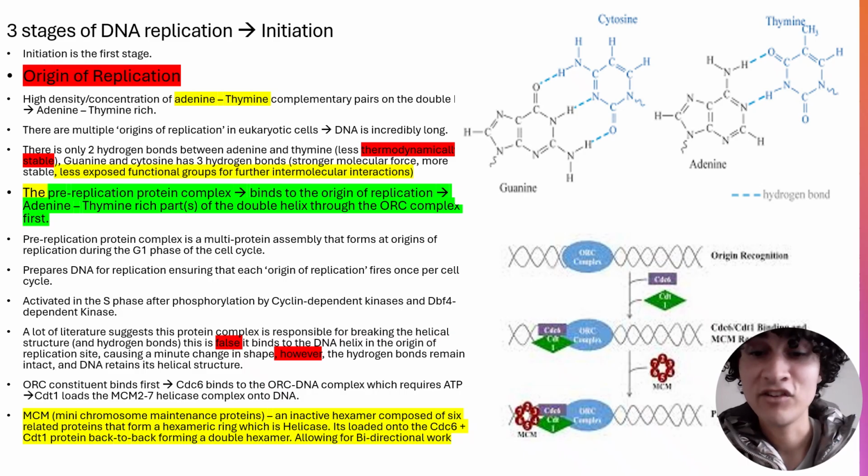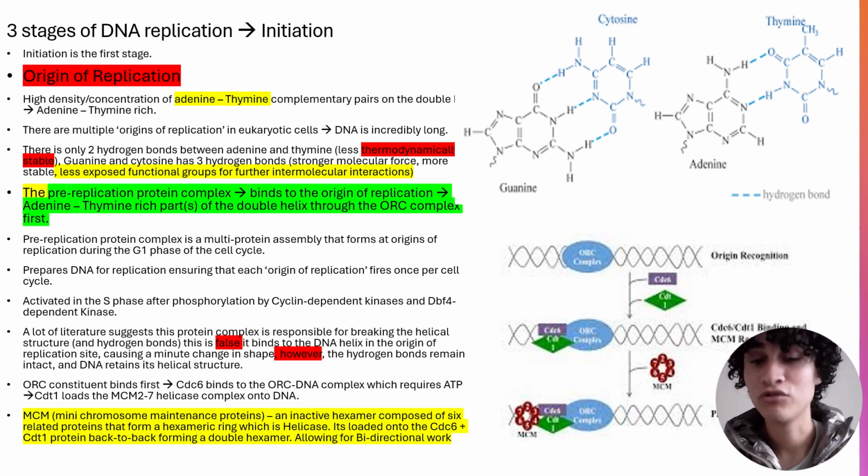Now, I thought I'd talk about this a bit more because there's a lot of conflation in literature, just to help people understand what the pre-replication protein complex actually does. So the first constituent we're going to talk about is the ORC complex, the origin recognition complex. That's a constituent of the pre-replication protein complex that's able to recognize the origin of replication sites. Now, the origin of replication sites refer to these adenine thymine rich areas in a DNA